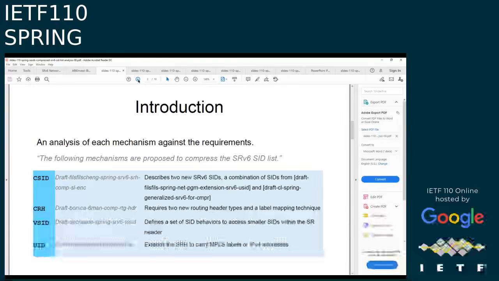The analysis draft is in fact based on the basic input from the requirement draft. About one month ago, we solicited proposals in the Spring Working Group and 6MAN working group for two weeks. Finally, we decided to analyze the